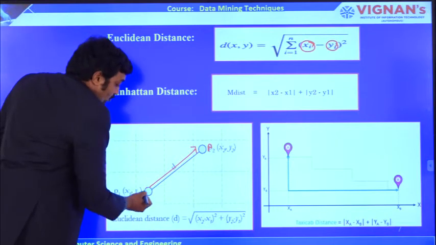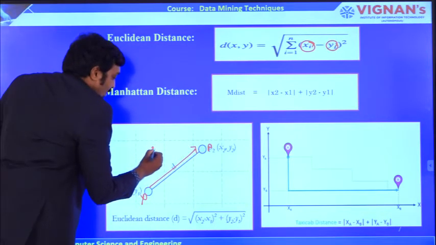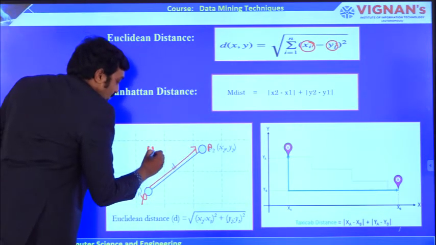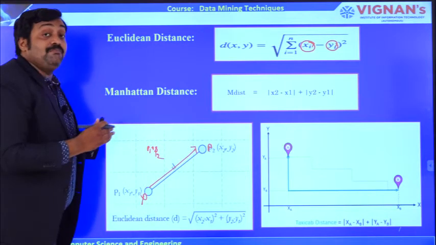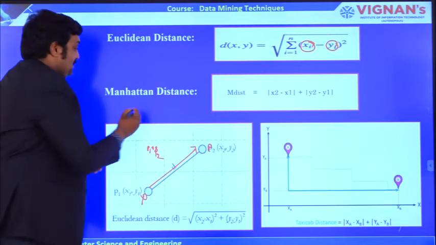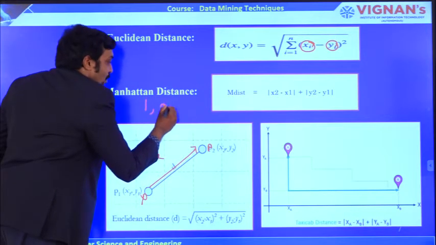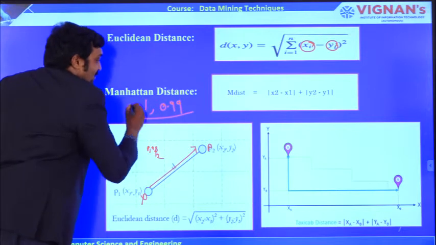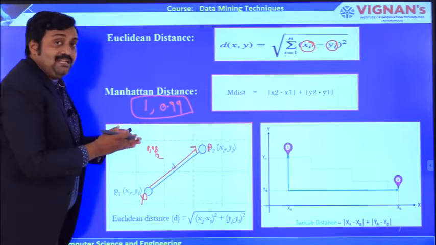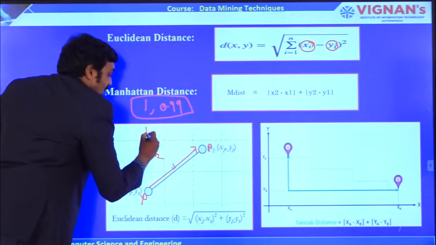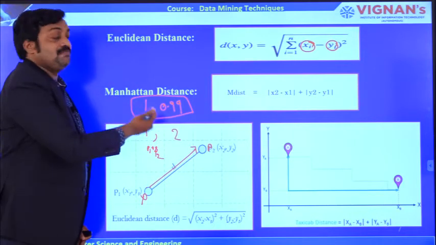Based on the coordinate values, if both are at the same point, say P1 here and P2 here itself, very close to each other, then we may say both have similar values. Suppose I have 1 and another value is 0.99. What can we say? Both are the same, since 1 and 0.99 means nothing. It is very similar. Suppose I have the value 1 and another object has the value 2. We cannot say both are similar; they are dissimilar.